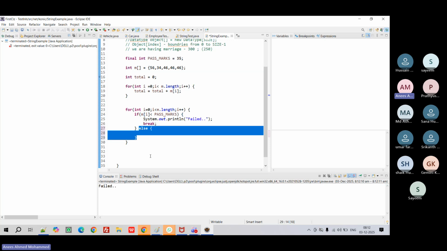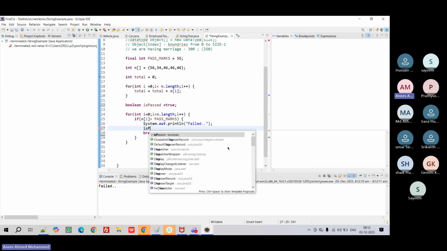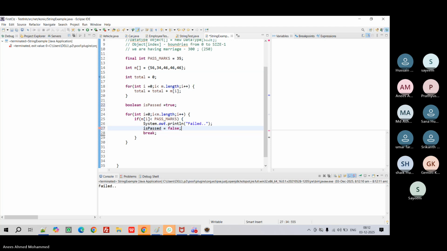So what I can do is create one variable, as Umar said, Boolean isPassed is equal to true. I will assume he's passed. In this case, I will make isPassed equal to false, right? So what will happen in this case? I'm just checking whether any subject, I don't care which subject, has less than pass marks. If it fails, I no need to check again. So I am breaking it, right? Then I come out and say if isPassed is equal to true, then sys out